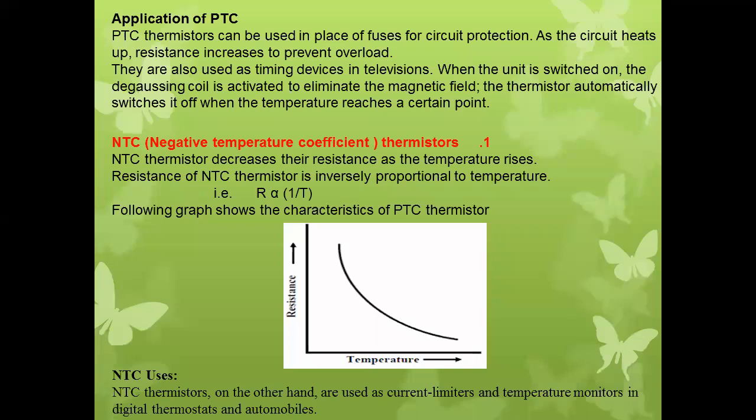As the circuit heats up, resistance increases to prevent the overload. Overload protection can be done by using fuses. Whenever there is an overload in the system, the current flowing through the fuse wire increases. According to Joule's law, there is a rise in temperature, so the fuse will be blown out and the overload can be prevented. They are also used as timing devices in televisions. When the unit is switched on,